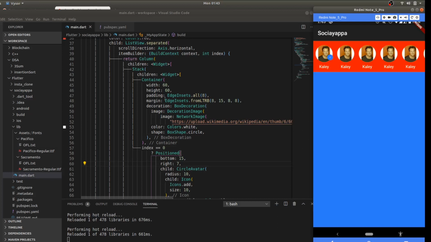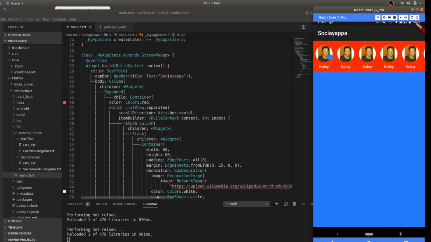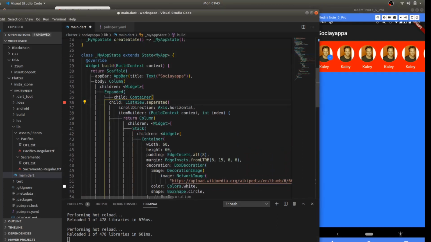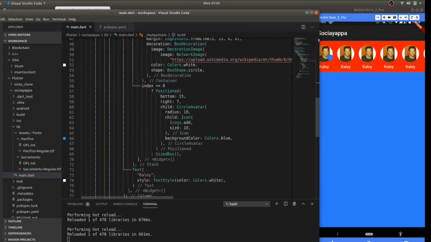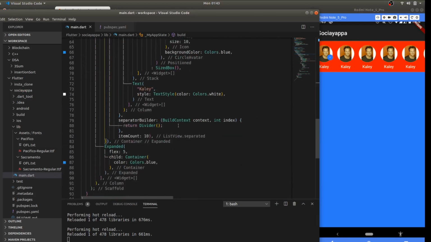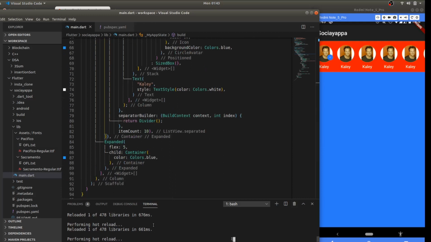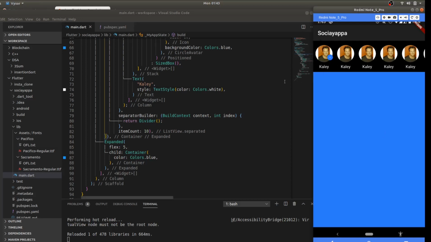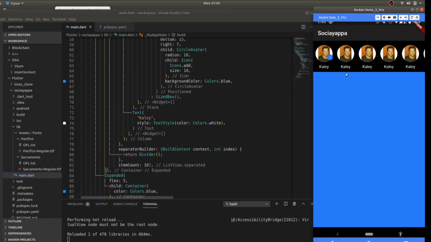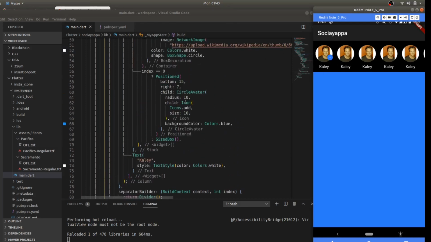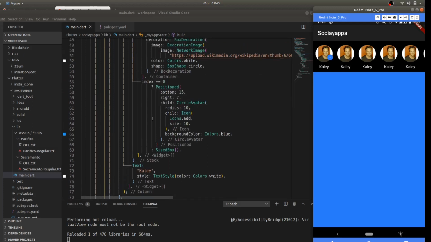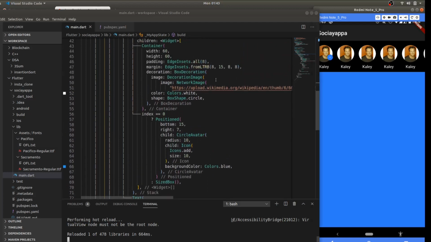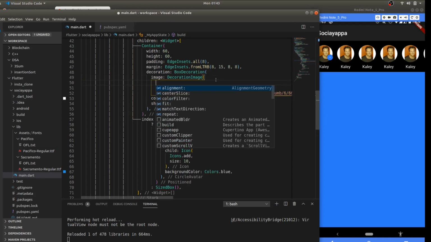And now let's remove this red color from here and blue color from here. Okay, we'll remove the blue color later on when we add the post. So yeah, this looks kind of nice. And we can also add a border to this thing. Let's add a border to our decoration. We have a border, not over here,